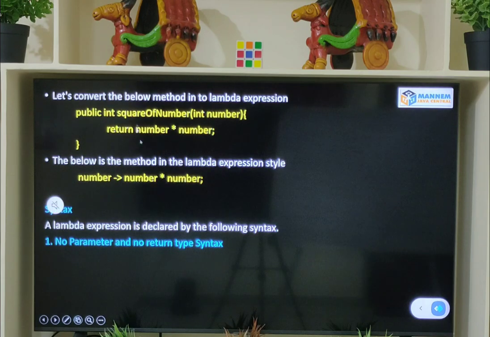Whatever functionality square of a number does, the same functionality is done by this lambda expression. If you observe carefully, the normal regular function has three statements, but the lambda expression has only one statement. That means lambda expressions reduce the number of steps and provide the programmer concise code. That is the power of lambda expressions. Now we are going to see the steps we need to follow in order to convert this normal regular function into a lambda expression. So please observe what I am doing.